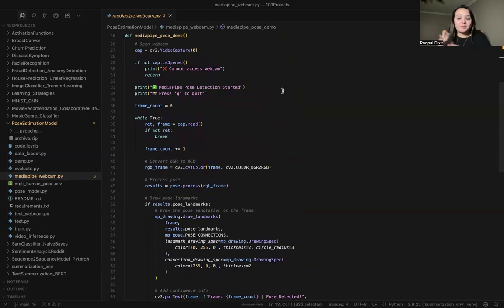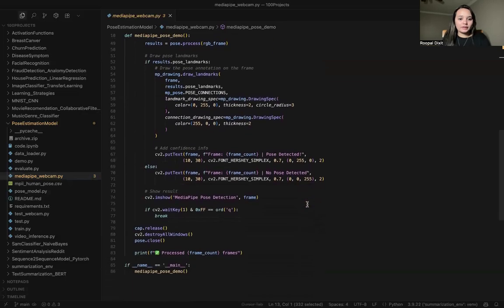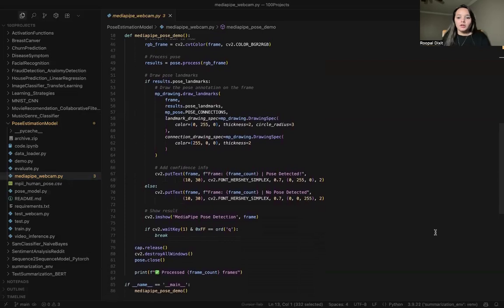So I just cannot access the webcam, because sometimes it is not able to access it. Now the frame count is 0, because we told you about the counters. So we are working on the counters. If it is able to read the video and process the video, then the counter increases by one for each frame.